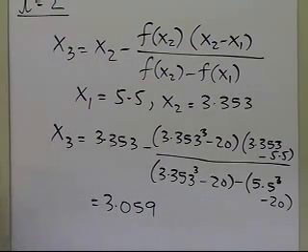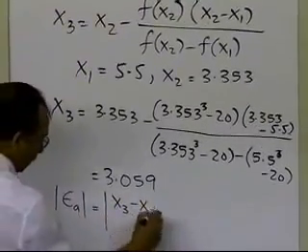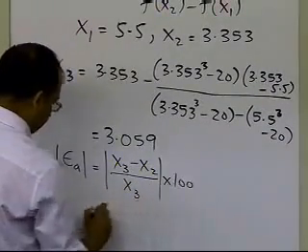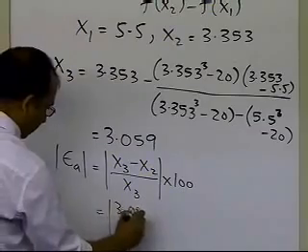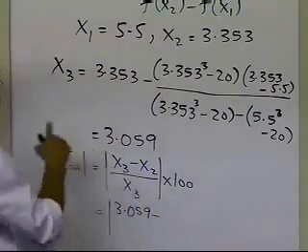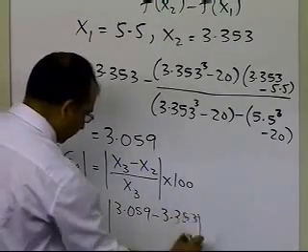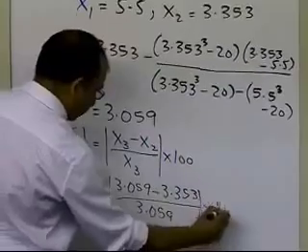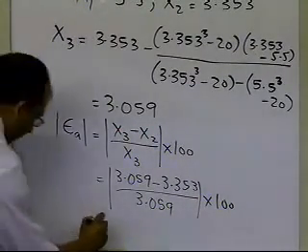This value now turns out to be 3.059. Now if I want to find the absolute relative approximate error for this iteration, it will be the current approximation, x3, minus the previous approximation, x2, divided by x3, times 100. x3, which we just found, is 3.059, and x2 from the previous estimate is 3.353. Divided by 3.059, I multiply by 100 to get the absolute relative approximate error as a percentage, and this turns out to be